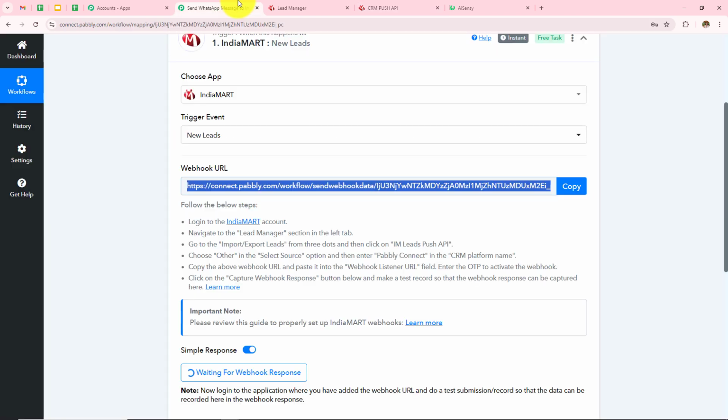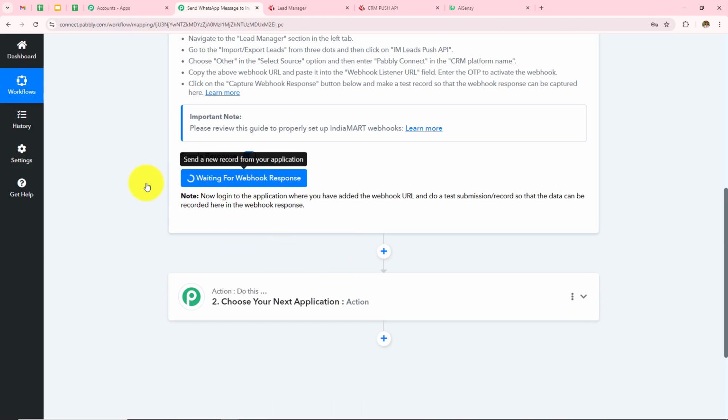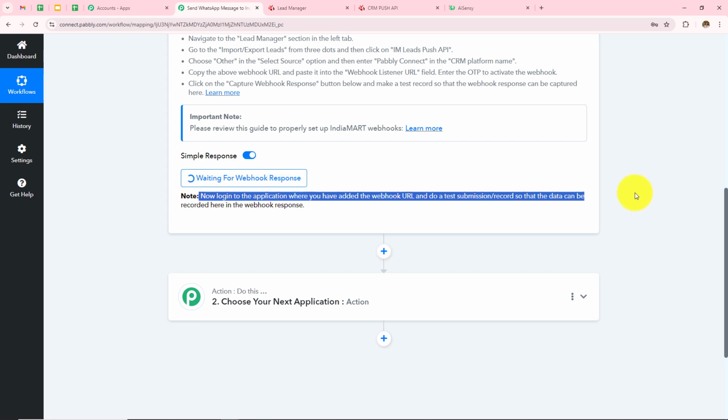So let's go back to Pabbly Connect, and if I scroll down, I can find this Waiting for the webhook response, and under this it is written, now log into the application where you have added the webhook URL and do a test submission so that the data can be recorded here in the webhook response. This means that to get the webhook response over here or to check the webhook connection, we need to